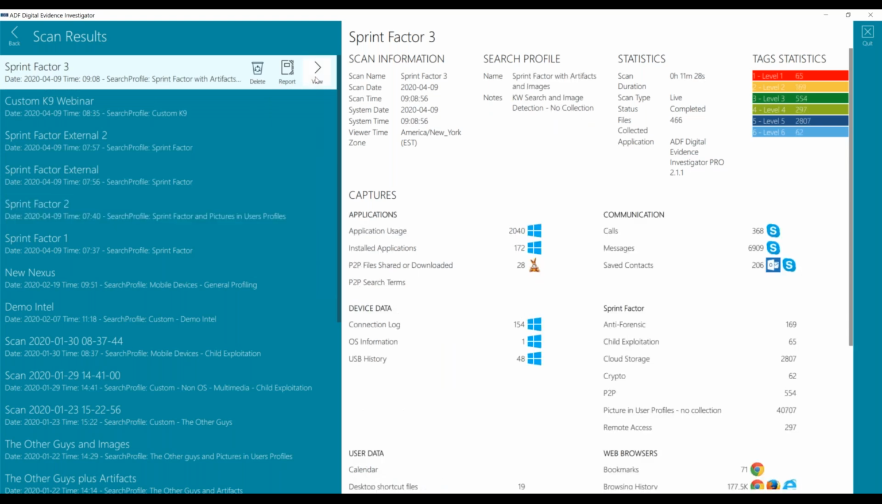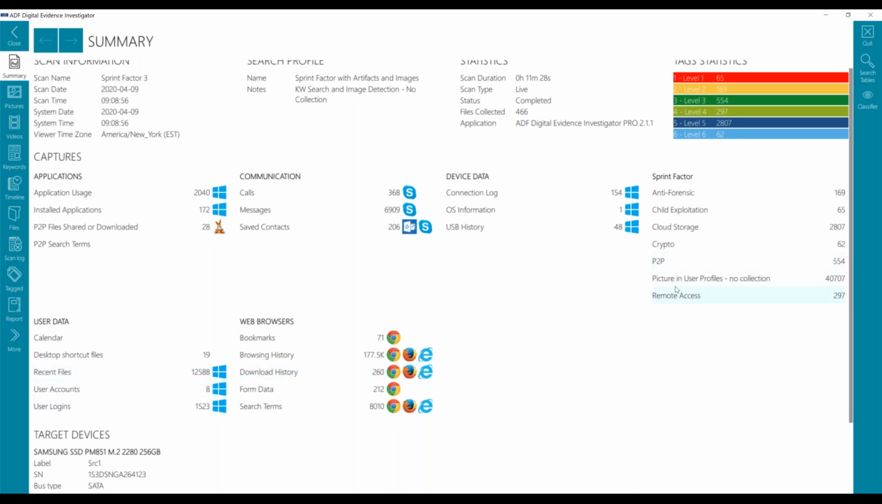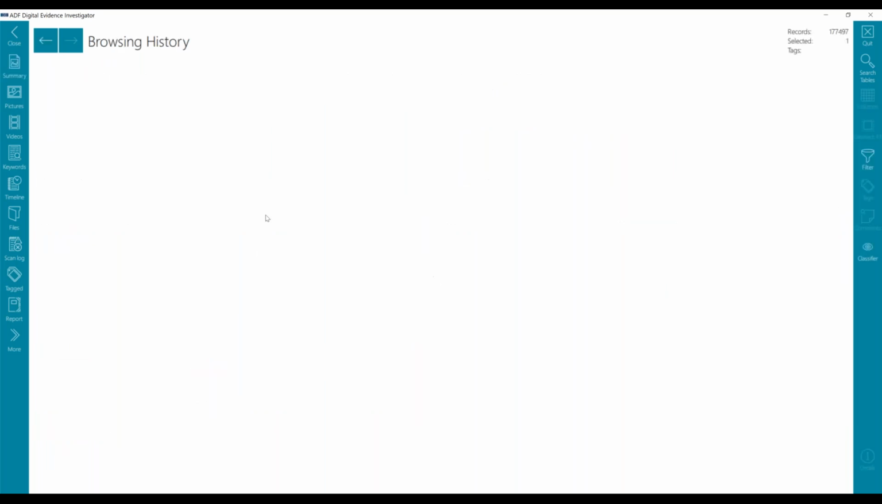So this was artifacts, files from the user profile, and the sprint factor original scan. And I'm going to load this up here. And you can see now I have a lot more hits because I ran keywords a little bit differently, a little against all the artifacts that were collected. So I still have all those keyword hits I've shown. I still have the 40,000 pictures from the user profiles. It took 11 minutes to run it, but now I have all this other information, browsing history,